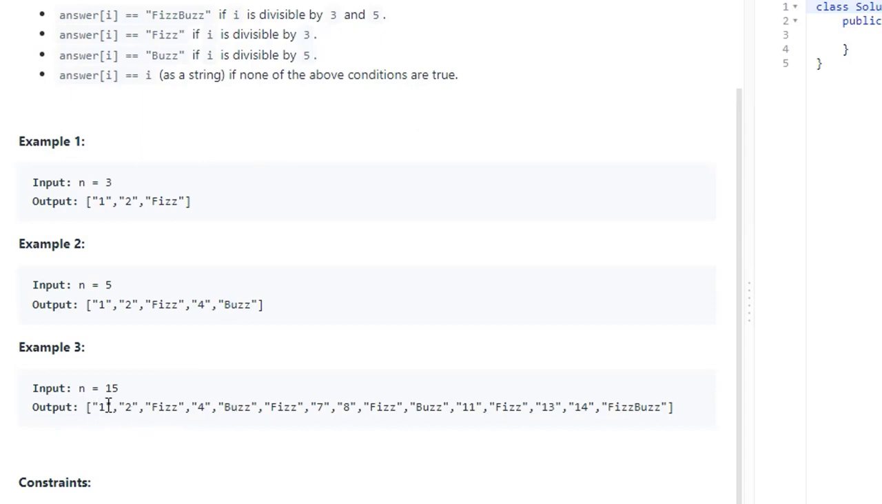In this last example, it outputs 1 through 15. So 3 is divisible by 3, 5 is divisible by 5, then we have 6, which is divisible by 3, and so on and so forth. And then FizzBuzz is 15, which is divisible by both 5 and 3. Alright,